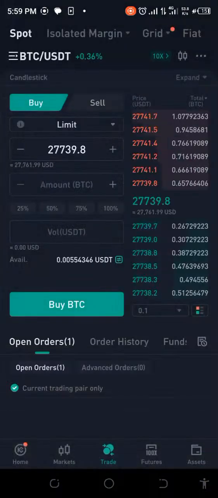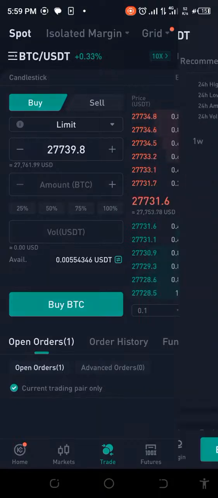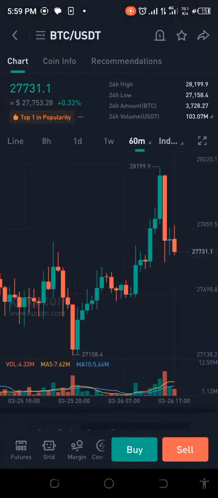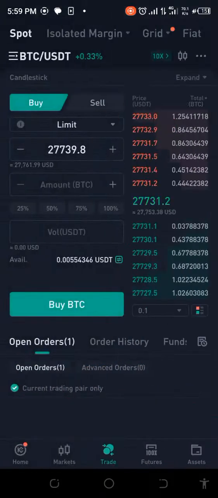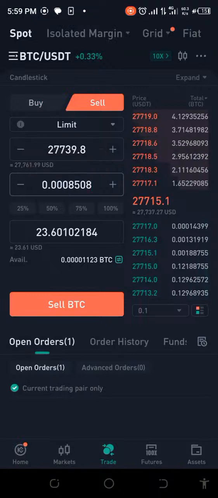Even BTC has reduced. Even BTC has actually gone down. Yeah, it has. Anyways, let's go ahead and see. I'm just going to sell this and see. This is not looking good. Oh, 23.6. Oh my God. So what's going to happen here? Let me tell you what's going to happen here. We came in as